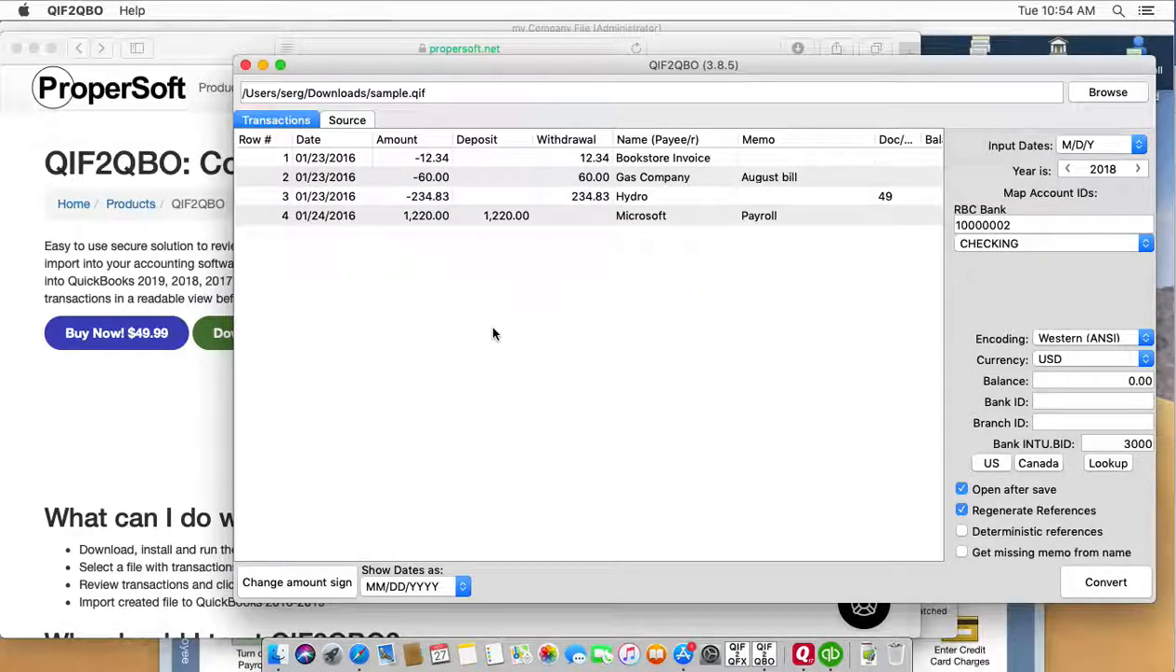The converter shows QIF transaction details like date, amount, name, memo, check number. Before converting to a QBO file, we have to set QBO parameters. INTU.BID value defines the bank label you see during QBO import, and it has to be from an allowed bank for the account type